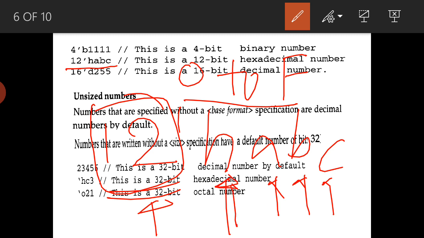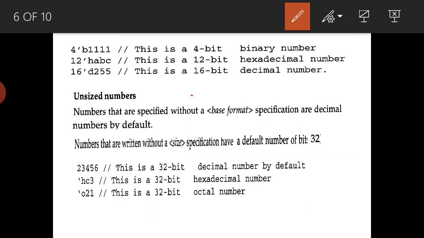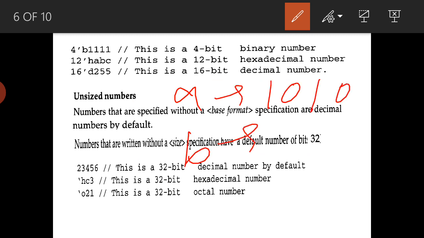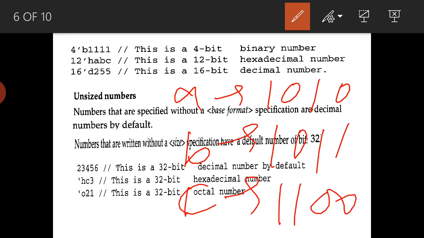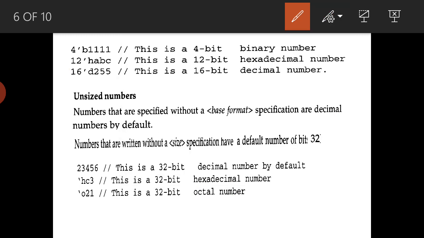Each hexadecimal digit can be represented with 4 bits. A is 1010 in binary, B is 1011, and C is 1100. So in total there are 4 plus 4 plus 4, that is 12 bits. H is the base we are using for the number, that is hexadecimal. This is how we can represent the numbers.